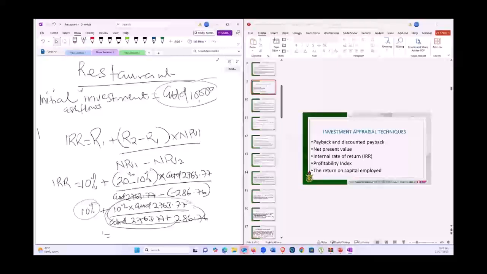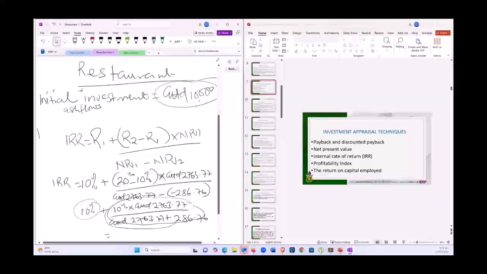Either you convert all the percentages into decimal, but at the end of the day, you have to multiply your outcome by 100. Or you keep the percentages, then at the end of the day, you will not have to multiply your answer by 100. So the point is, 20 minus 10 will give us 10. So 10 times